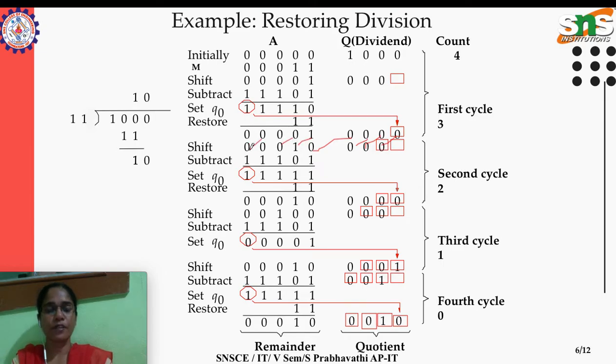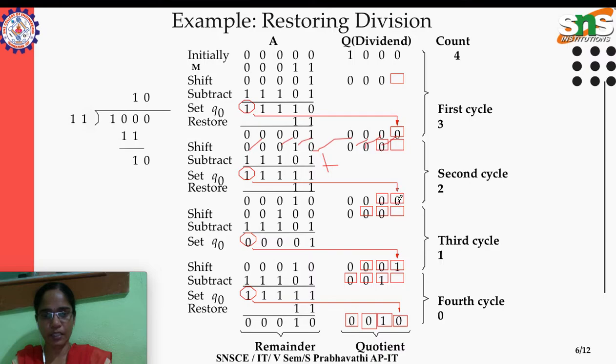After that, again do the subtraction. Subtraction is nothing but the 2's complement of M and do the plus operation over here. 0 plus 1 is 1, 1 plus 0 is 1, 0 plus 1 is 1, 0 plus 1 is 1, 0 plus 1 is 1. After subtracting you need to examine the sign bit. Again the sign bit is 1, so what we need to do,